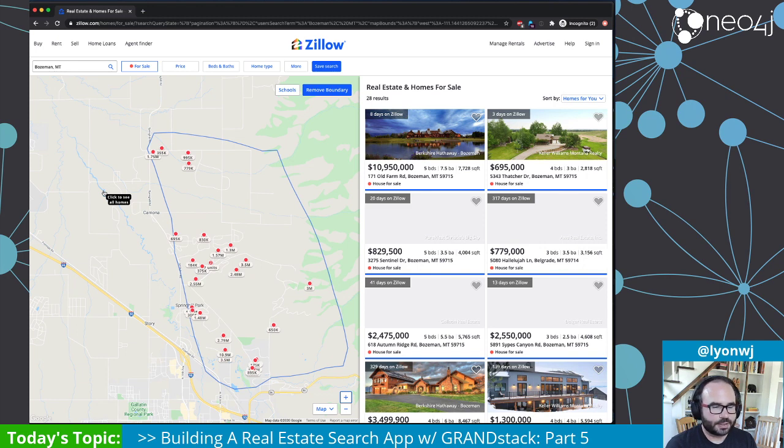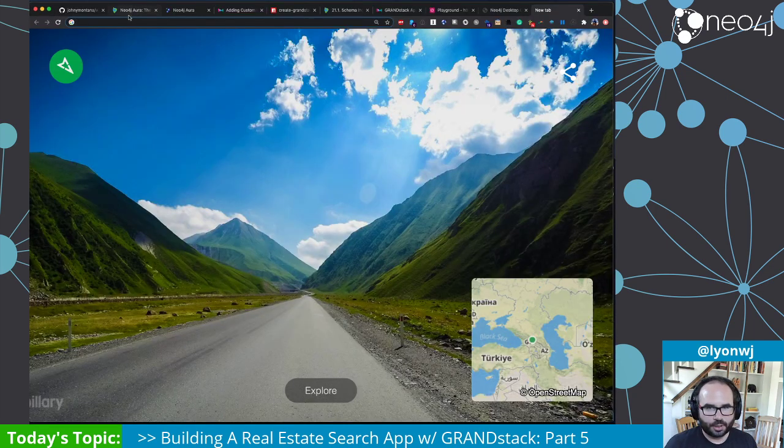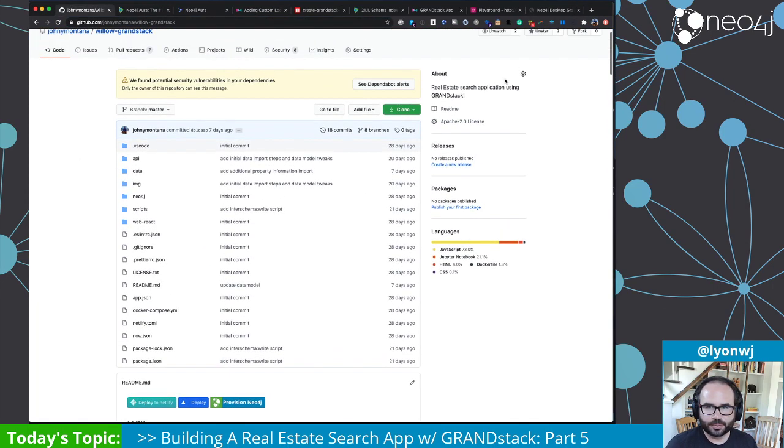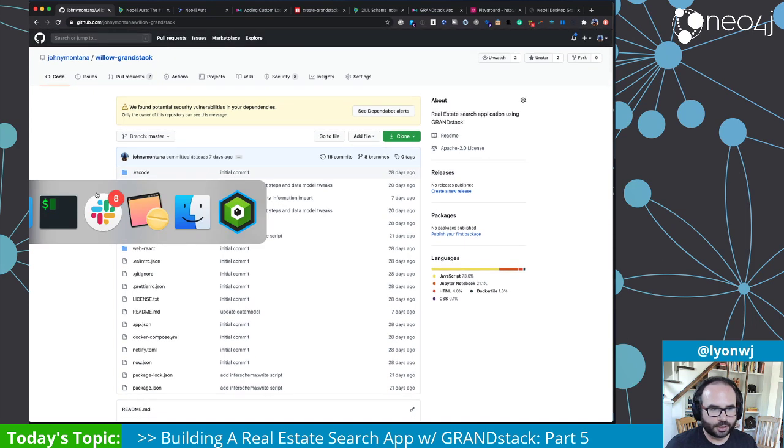So what I want to do next is add a map component to our React application. Okay, so that was a little bit of a detour on the functionality that we're looking for. Let's check in with our